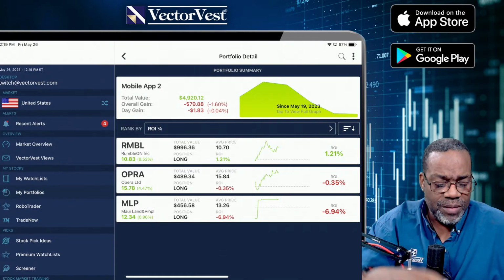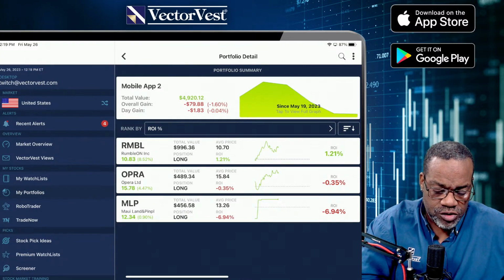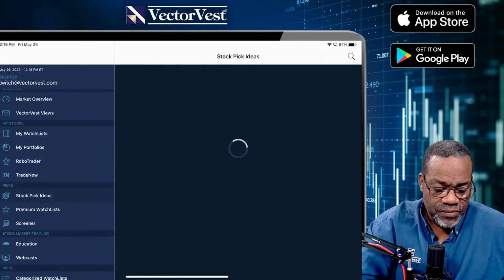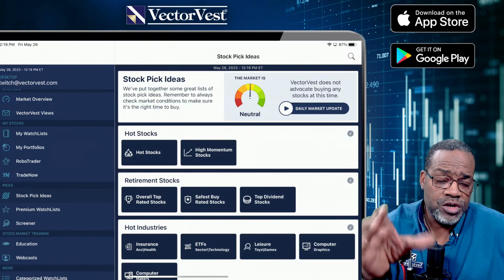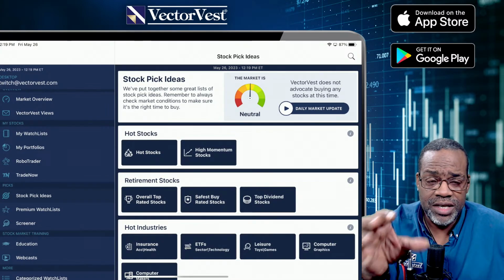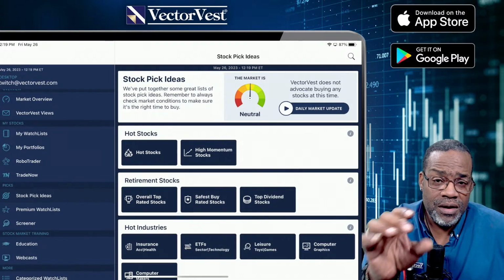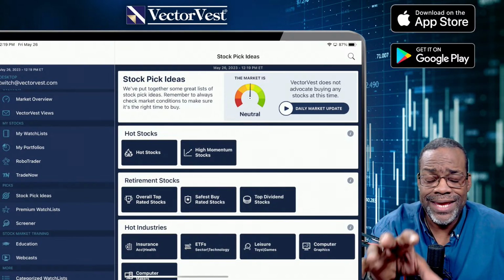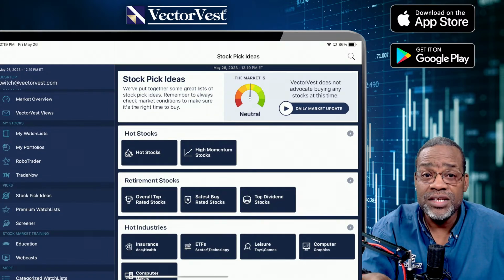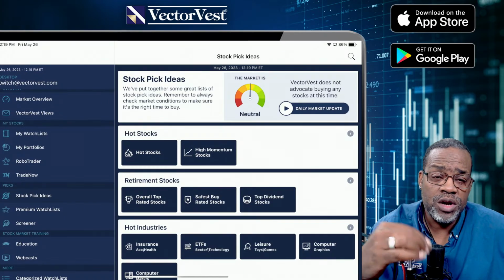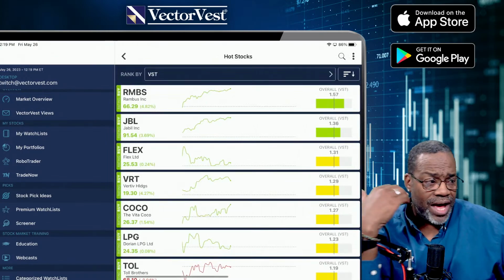All right, so if I'm a little bit more aggressive, let's be prepared, not scared. Let's go over to the stock pick ideas. Now remember, this is for the more aggressive trader. For those of you who are utilizing market timing like the DEW, the primary wave, and all those things, they're all down. For those of you who are strictly staying to those market timing signals, you're doing nothing today. But for those of you who want to be a little bit more aggressive to take advantage of today's action, let's go to hot stocks.